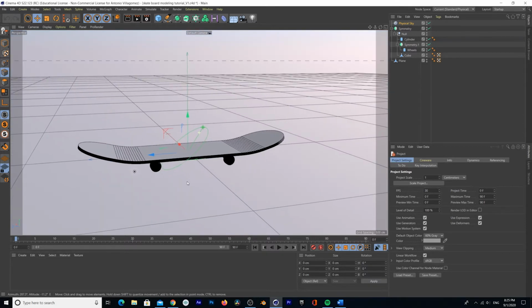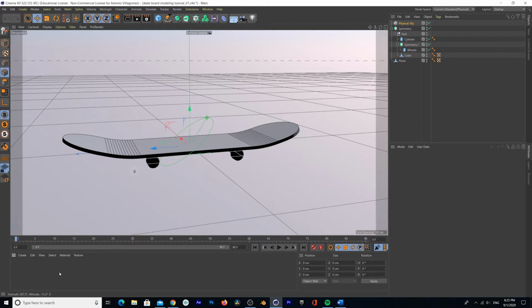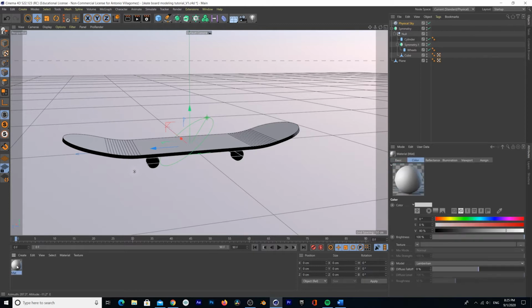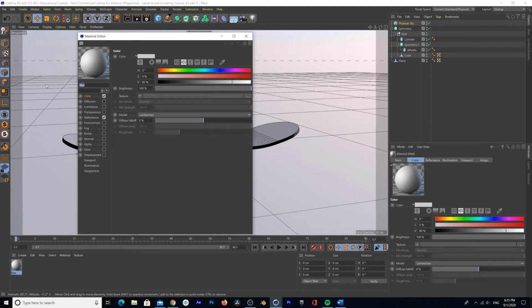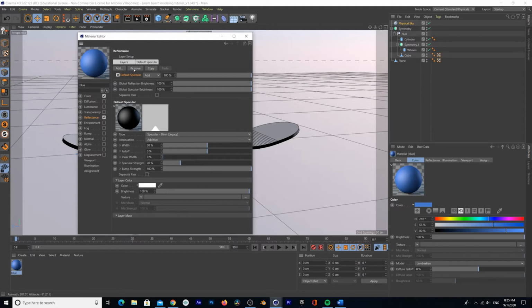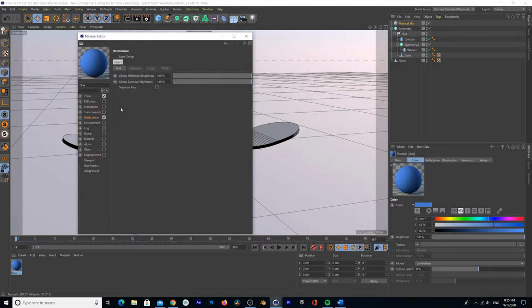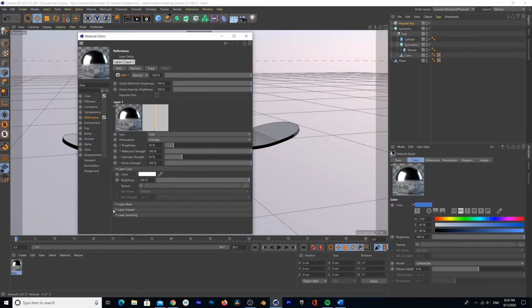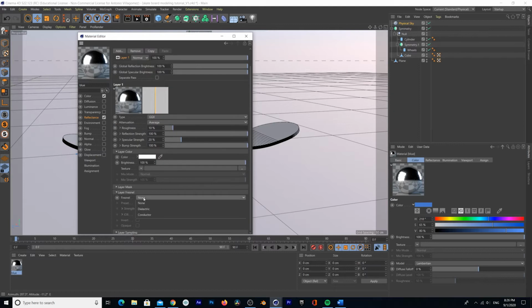And the first thing that we're going to do is we're going to add some textures. We're going to double click down here and we're going to open. We're going to give the skateboard a few different colors, and we're going to change the color right here to something like that. And then here on the reflectance, we're going to remove the one that we have as default, and then we're going to add a new one, and then we're going to go to GGX, and here we're going to go down to layer Fresnel, and we're going to choose dielectric,